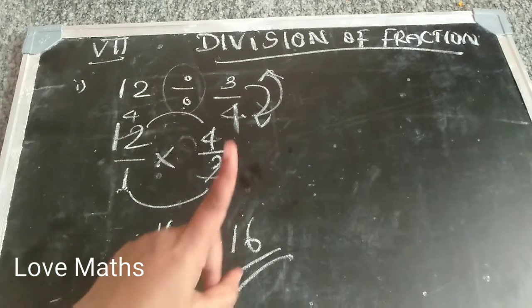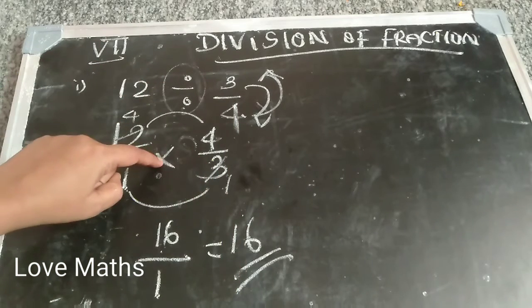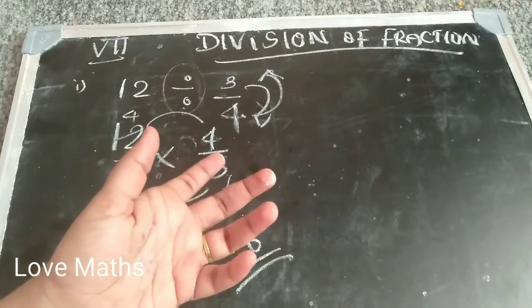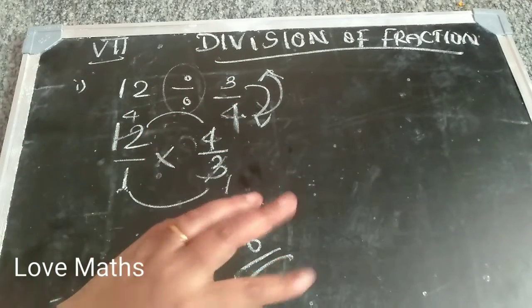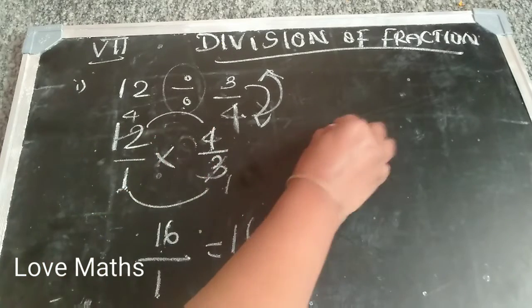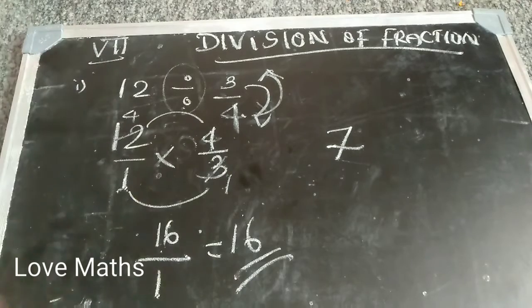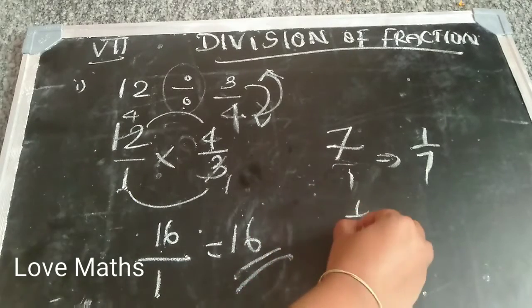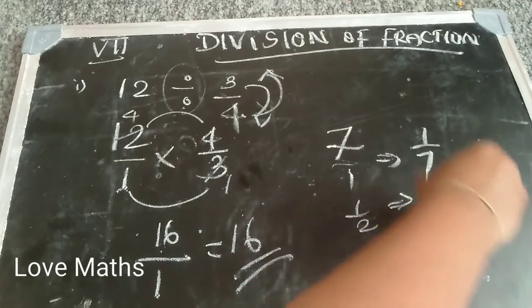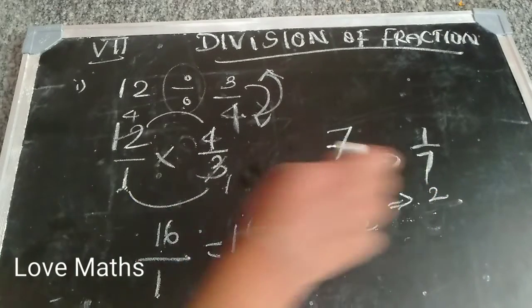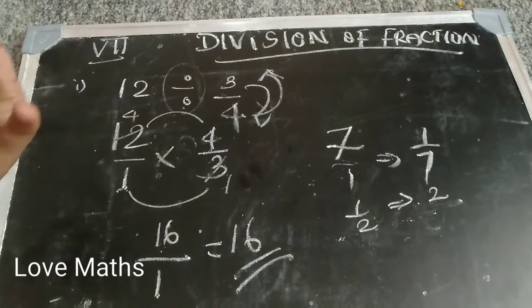So step 1 is: division, convert into multiplication. How to convert? Write the reciprocal. How to write the reciprocal? Ulta. 7 by 3 reciprocal is 3 by 7. 2 by 1 reciprocal is 1 by 2. Okay, if only 7 is given, 7 means the fraction 7 by 1, and its reciprocal is 1 by 7. In case 1 by 2 is there, the reciprocal is 2 by 1. If you need, you can write the 1, otherwise you can write only 2. Understand, that's all about the division.